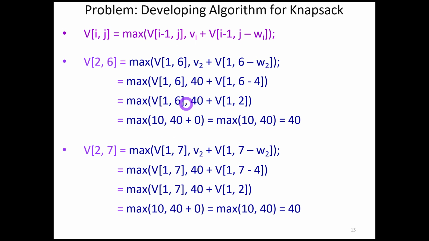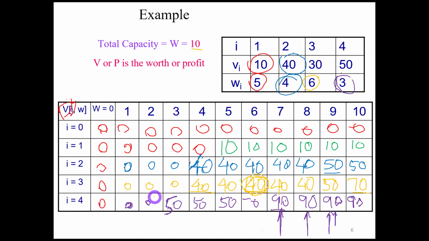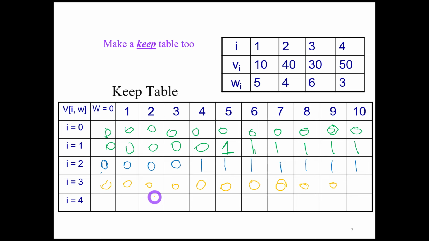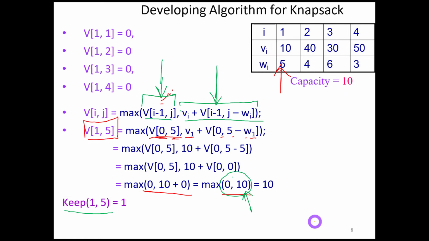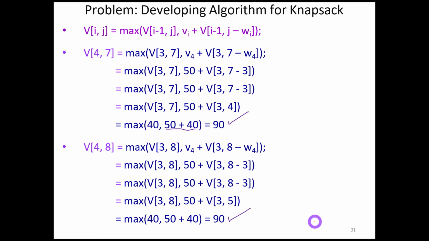Let's update the keep table as well. We have updated this table. Let's update the keep table as well. So 0 0, 0 1 1, this was also 1, I think. Okay, so that's it. Our final answer is here,